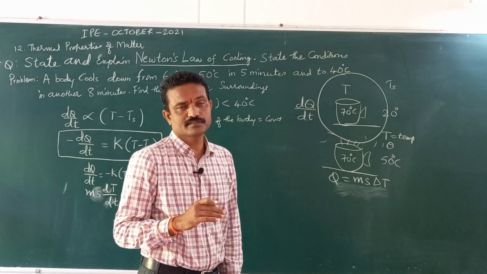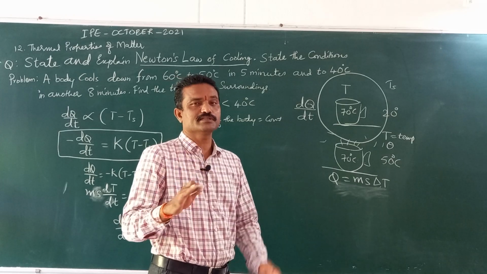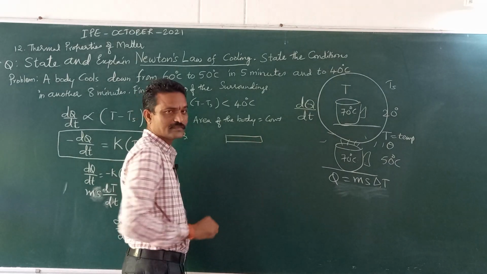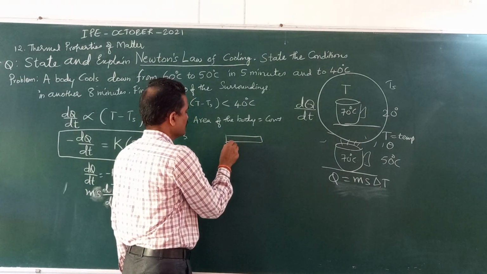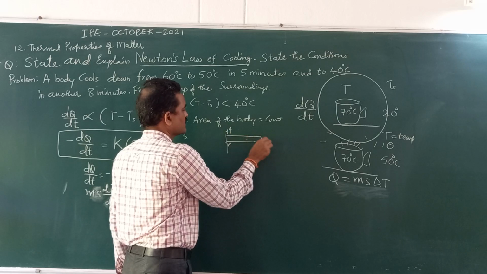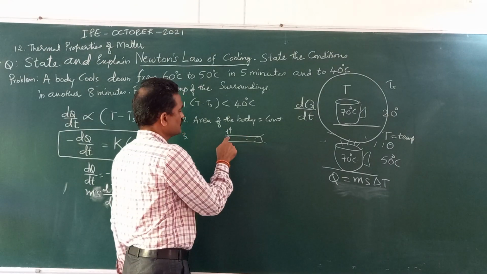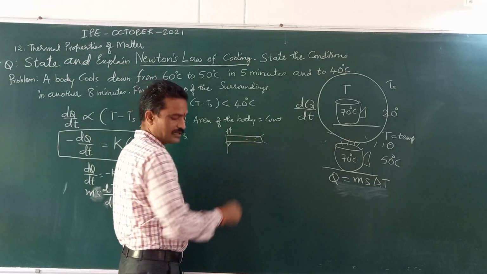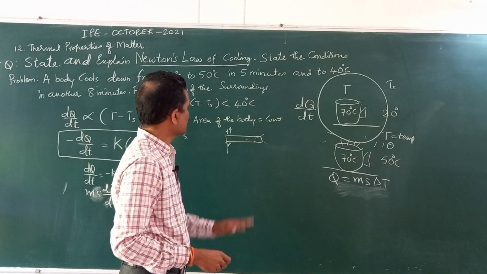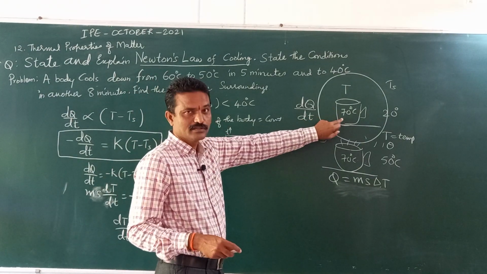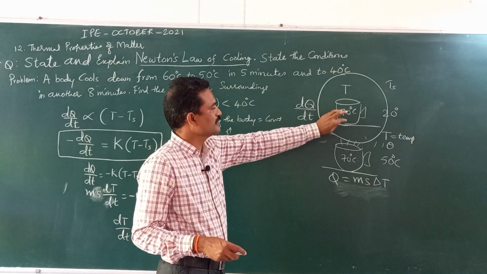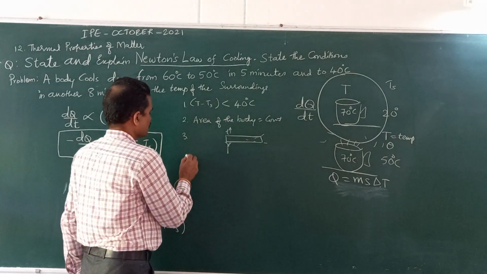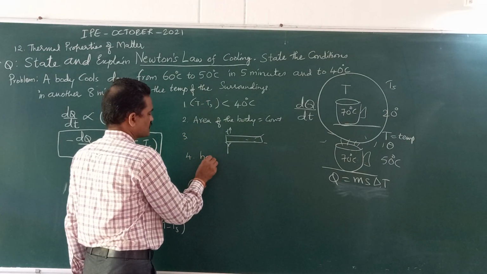heated. That means the object must have uniform temperature all over its surface. Suppose I take an iron rod. This is an iron rod. If I heat it only here, the temperature will be more here and less there. So this is non-uniformly heated. That means the temperature is not constant all over the object. So you are not supposed to have a body or object which is having different temperatures in its different areas. That is not allowed.